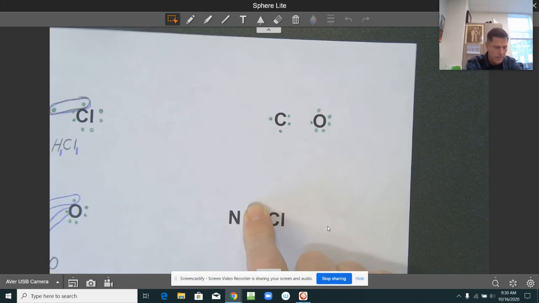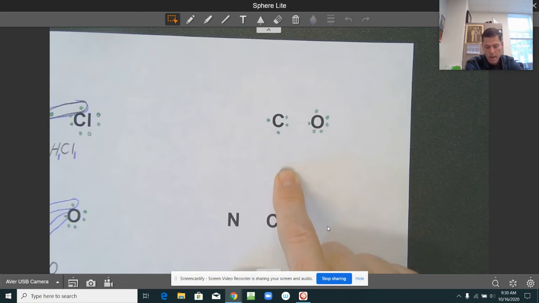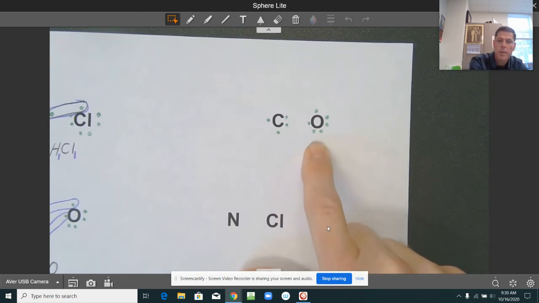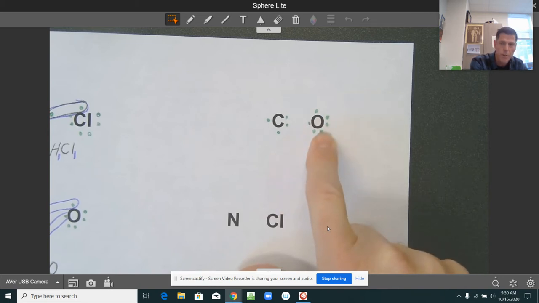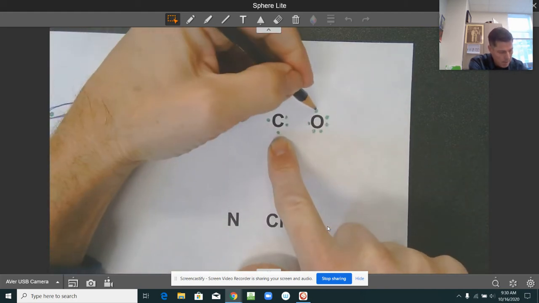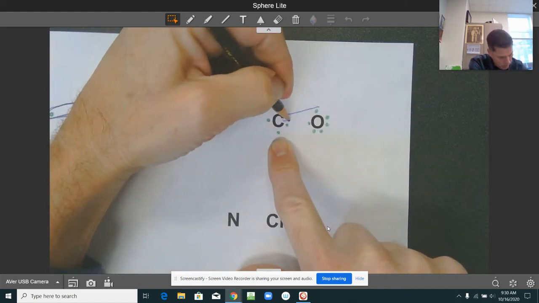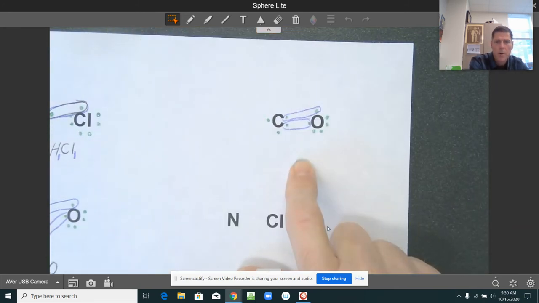And we've got this. Now, carbon, valence of 4, so it needs 4 more electrons. Oxygen has a valence of 6, so it needs 2 electrons. That means this is willing to share out 2, this is willing to share out 4. I'm going to say, okay, they're going to share those